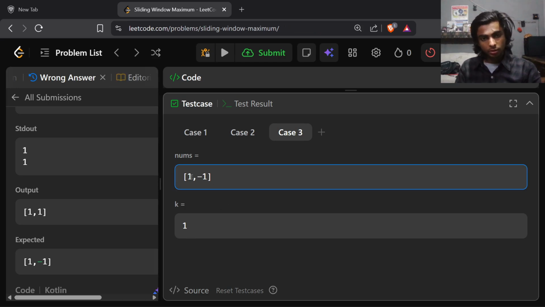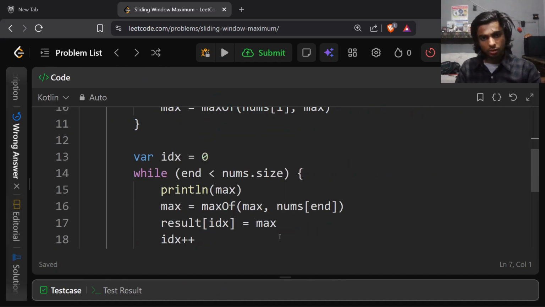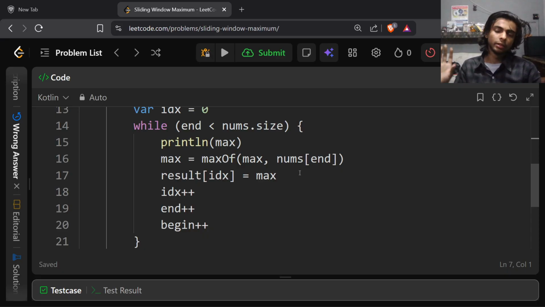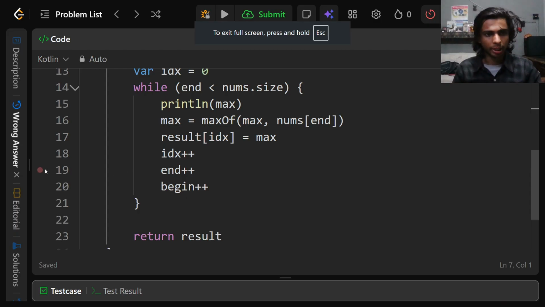So the window size is, if my number was, okay, I think it's time to